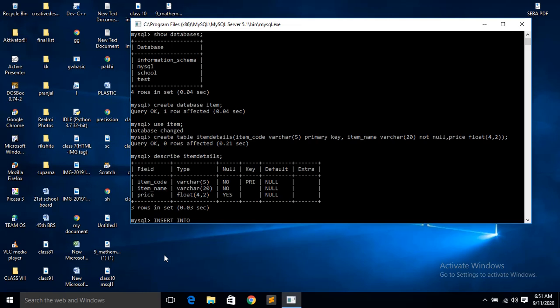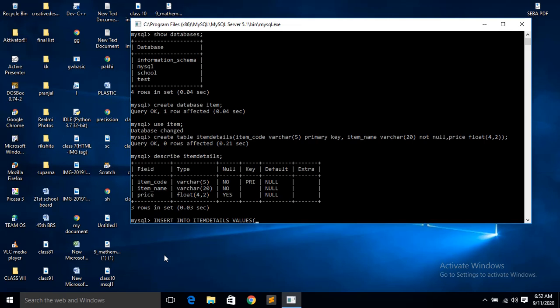INSERT INTO, then the table name. The table name is item details. INSERT INTO item details. Now you have to give the word VALUES. Don't forget to give this, otherwise it will come out wrong.